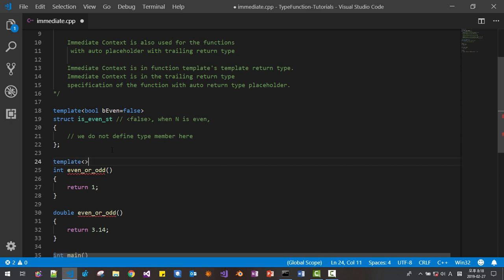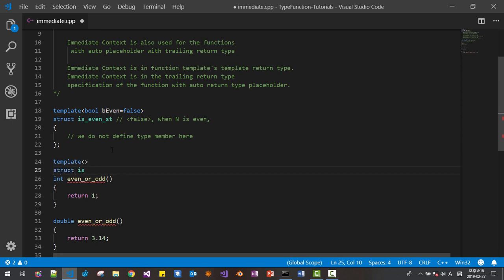We make a specialization like this. Template struct is_even_st, it is specialization true.